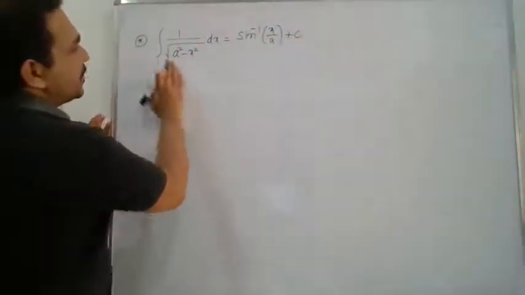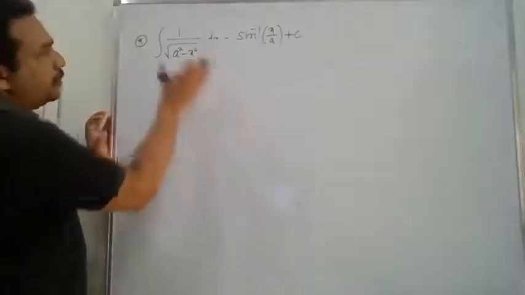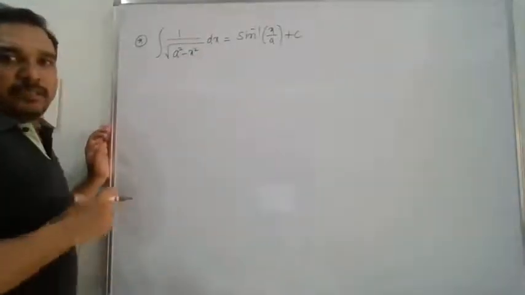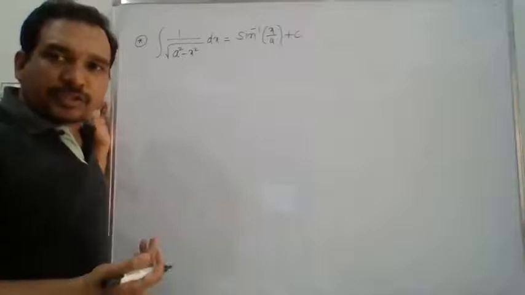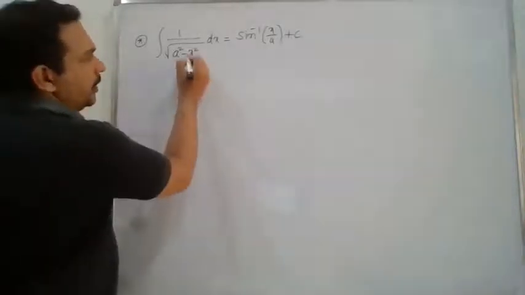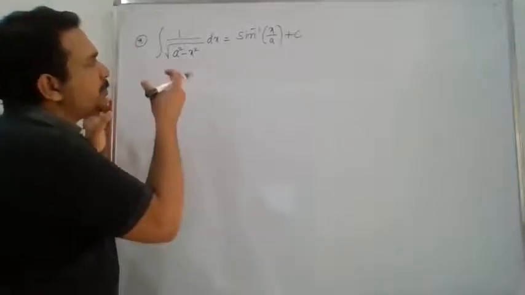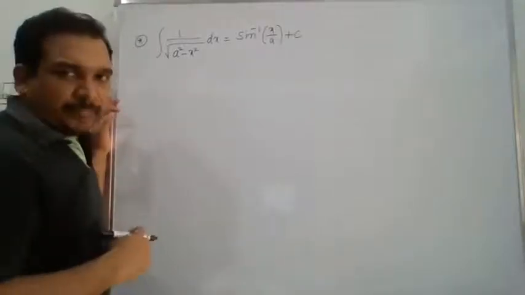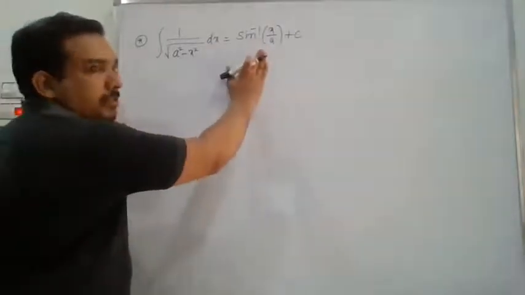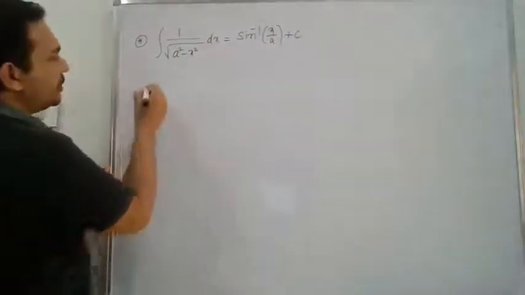Now for such type of formulas, or if you treat this as LHS as a question, for such type of questions we should go with the substitution method. Okay, for x we have to take some suitable substitution and substitute there and do the changes for dx. Then we will get the answer like this. So what is the procedure? Let me start.